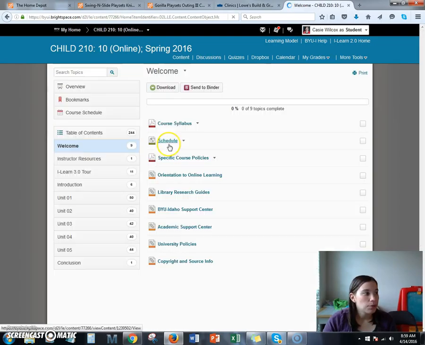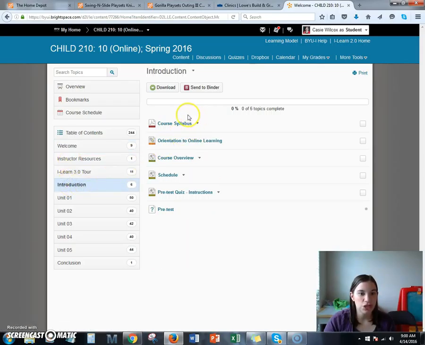We're going to go back to the welcome. So there's other policies and documents, support centers from the university, so you can look through those. Then as you go through, here's the introduction. Again, it's the schedule, the course overview, course syllabus, the same things again, and a pre-test that